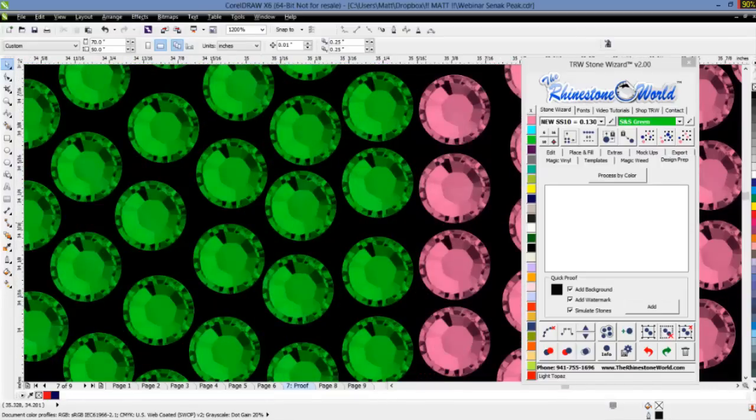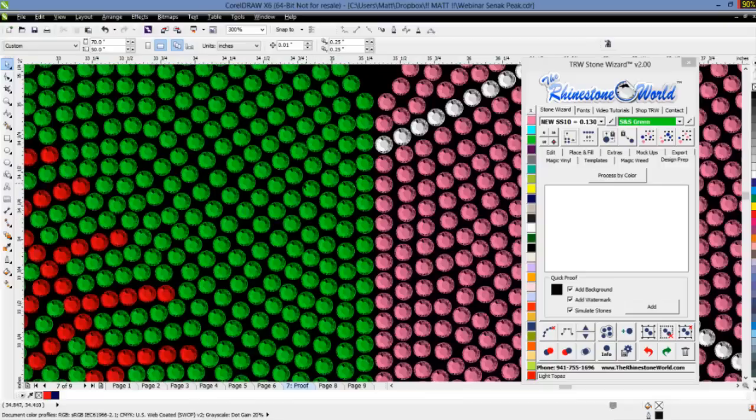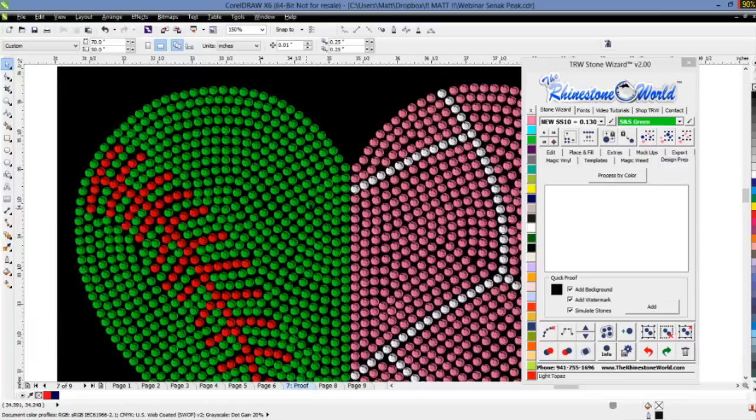Whatever RGB color you decided you wanted it to be, because we want you to be in control, it will make it whatever color you want. It doesn't matter. Any color in the world you can create with an RGB color, and that means you can make any color rhinestone in the world you want. It doesn't mean we'll be able to sell you that rhinestone, so don't get too crazy, but for your mock-ups